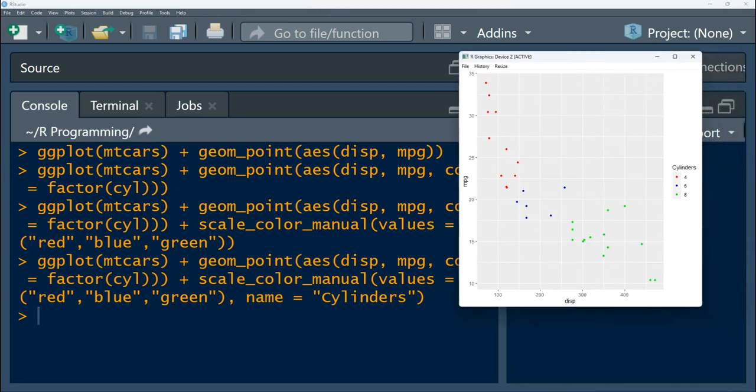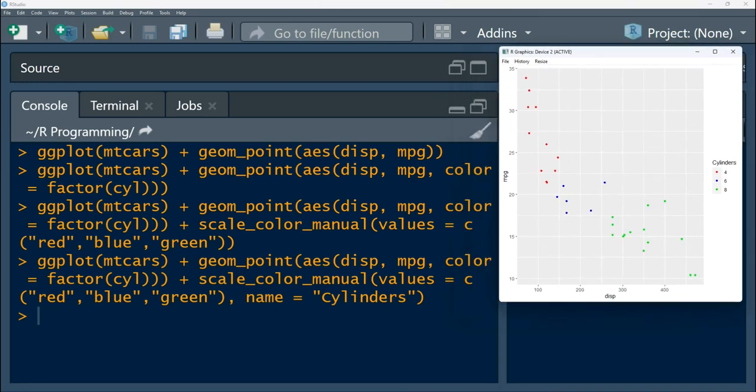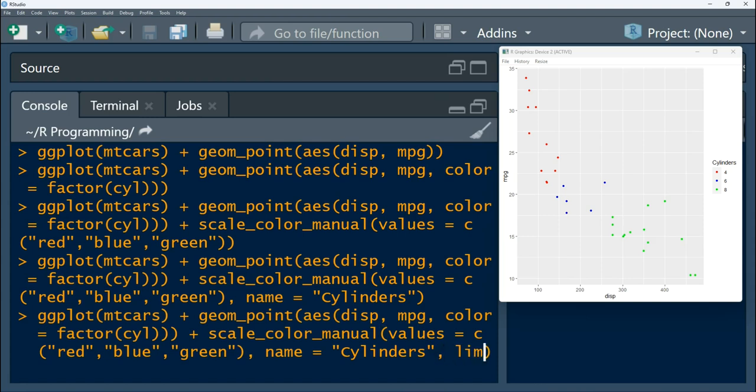Now, let us assume that we want to modify our data in order to display only the relationship between miles per gallon as well as the displacement of all the cars. But in this case, we are only interested in looking at the cars with at least 6 cylinders. So what do I mean by that? I mean we're only interested in the number of cylinders 6 and 8. So how can we do that? In order to do that, we will have to modify the argument that we have been looking at, which is limits. So if we come in here and you say limits,